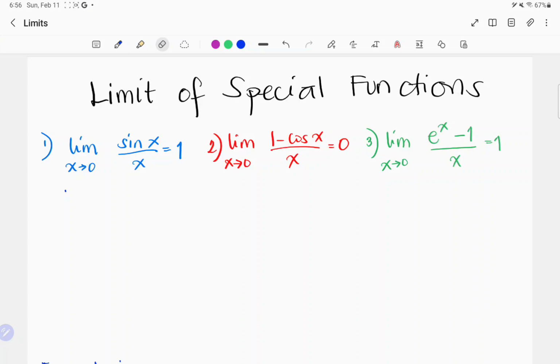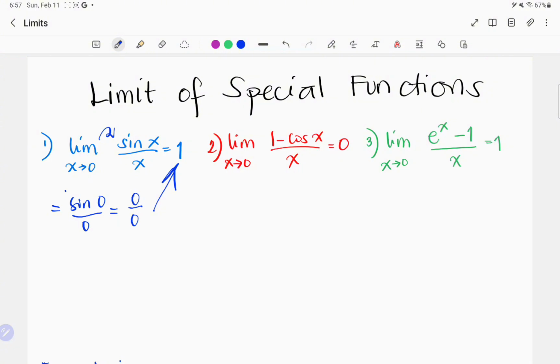Substituting the value of 0 in our function, it will become sine of 0 over 0. And sine of 0 is 0, so 0 over 0, which is indeterminate. But if you simplify sine x over x and take its limit, we could have it equal to 1. While the red one is the limit of 1 minus cosine x over x as x approaches 0